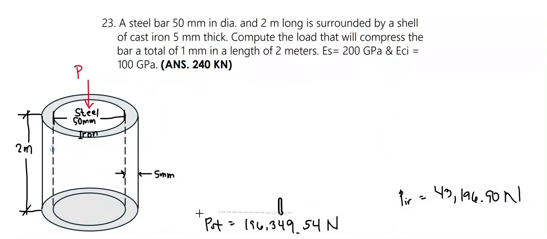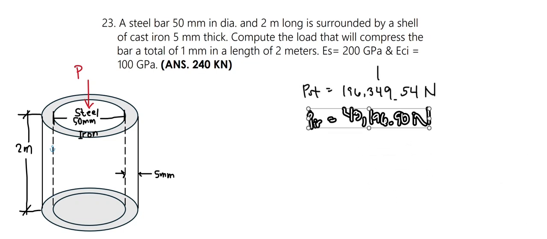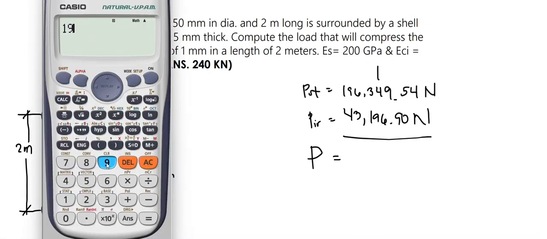Now that we have the forces applied on each material, we will solve for the total force applied on the composite figure. So to get P, we sum up the force applied on steel and the force applied on iron. Doing so, we will get our final answer, that is equal to 196,349.54 plus 43,196.90. That is equal to